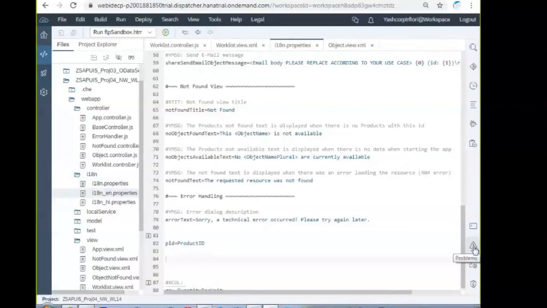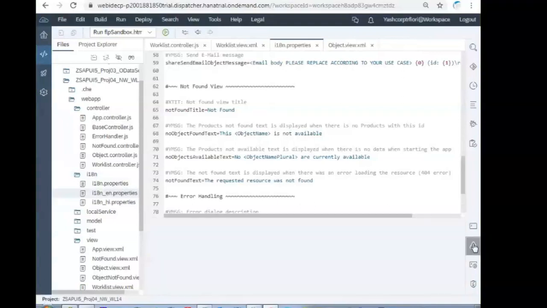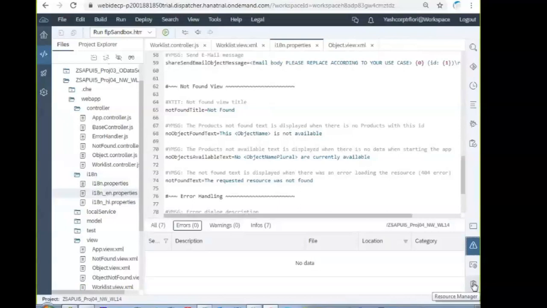On the right side, from the bottom, the third icon is problems. In that, make sure that errors are zero. And the console is also there. We can see everything going on in the console.